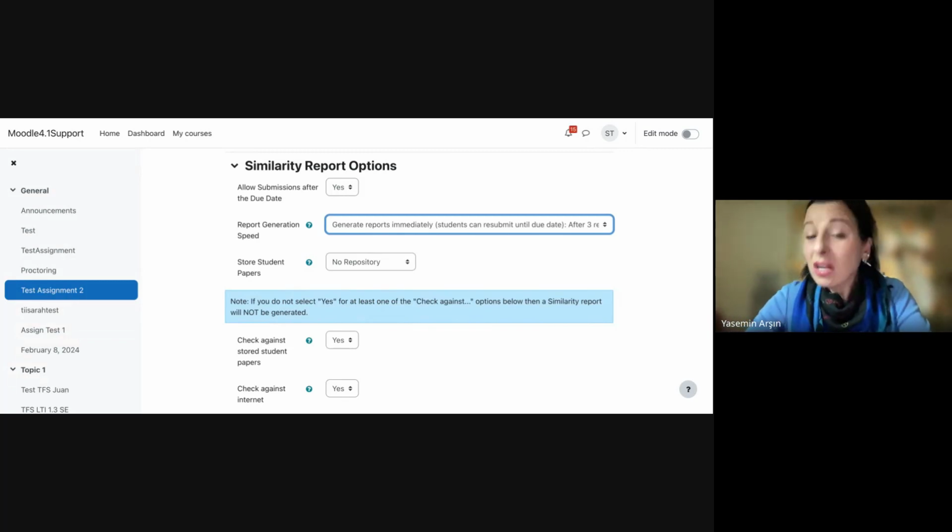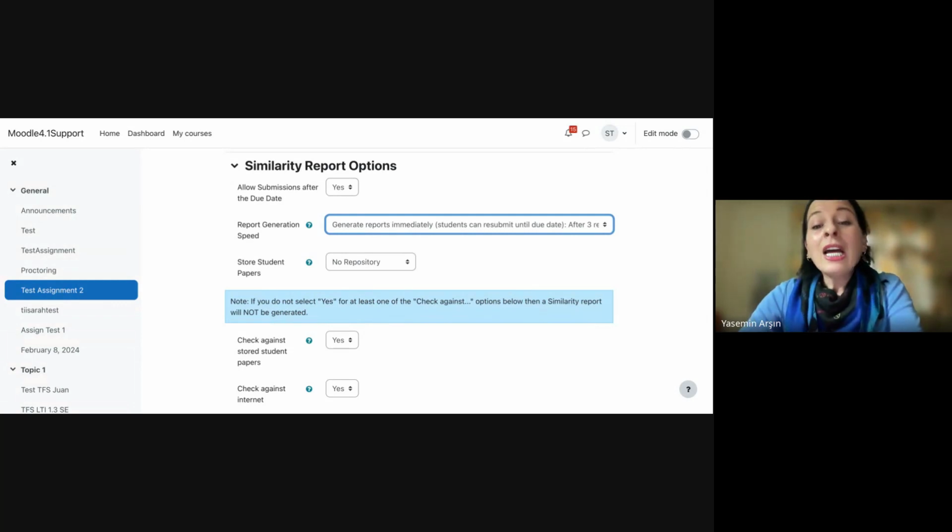All right. And the last one, I don't know if it is favorite for you or not, but I don't think that a lot of instructors are using this option, generate reports on due date. I'm a very curious teacher, educator. I will not wait until the deadline to get the similarity report. So, and students can resubmit until due date, but they will not see their similarity score. So it's not very functional, honestly speaking. So the first one and second one, depending on your workflow, planning, and your decisions in the institution, you can go for the first one or second one.